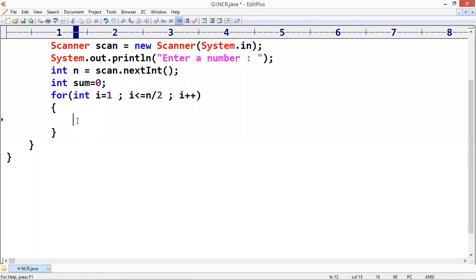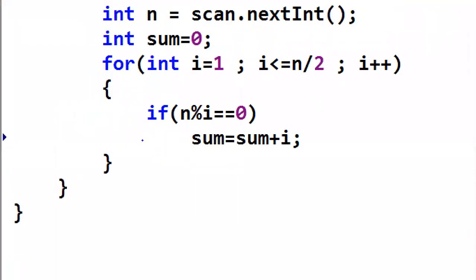Sum equals 0. If that n value is divisible by I, then we are adding that I to the sum. First I value 1. Take n value 6. I value starts with 1, 2, 3 only. Only n by 2.